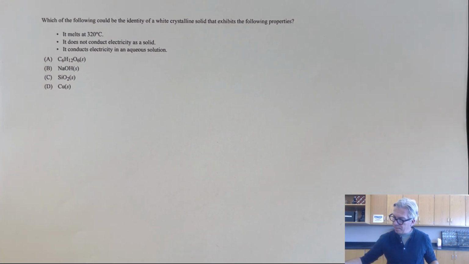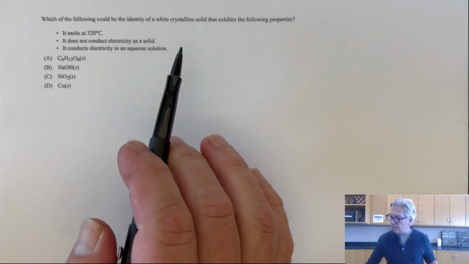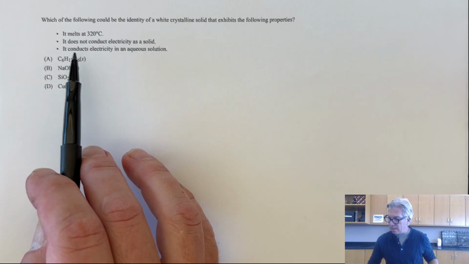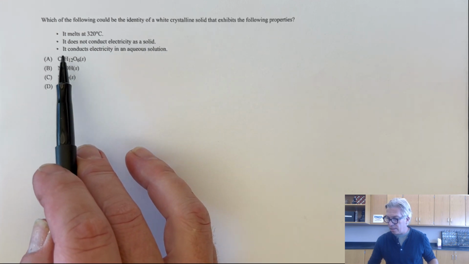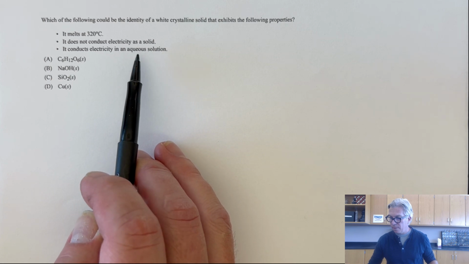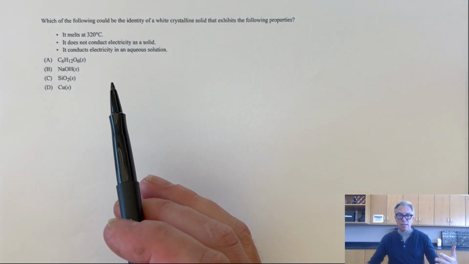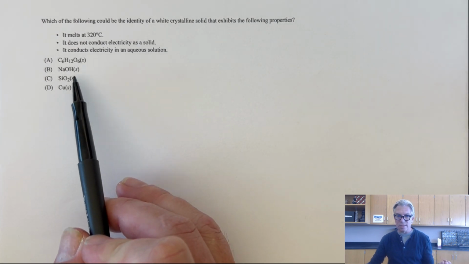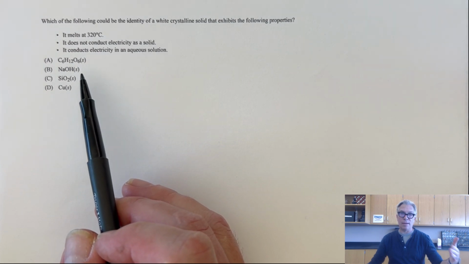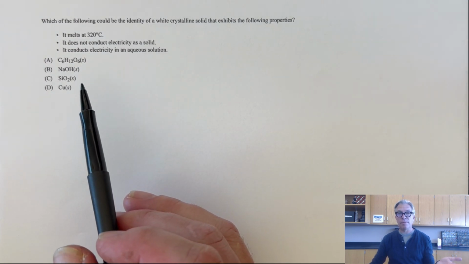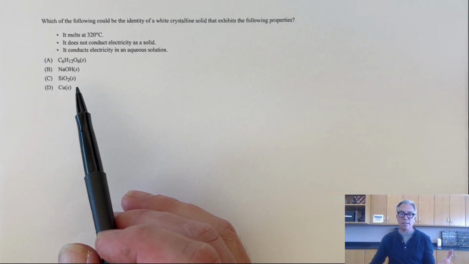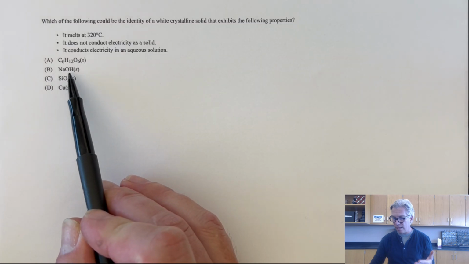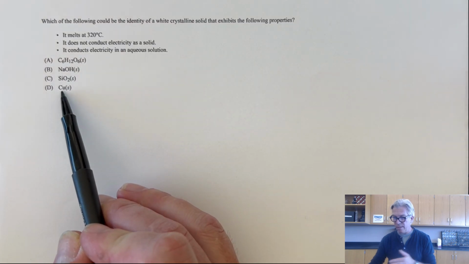Okay, let's do another one. Which of the following could be the identity of a white crystalline solid that exhibits the following properties? It melts at 320. It does not conduct electricity as a solid. It conducts electricity in aqueous solution. So again, this is a little bit deeper because you might recognize some of the same things. Hey, this looks like ionic, but which of these is ionic? And so you have to know a step further and know that ionic compounds typically contain metals as ions, like cations, and nonmetals as anions. And really the one that contains both a cation and an anion, rather than just the cation, is the sodium